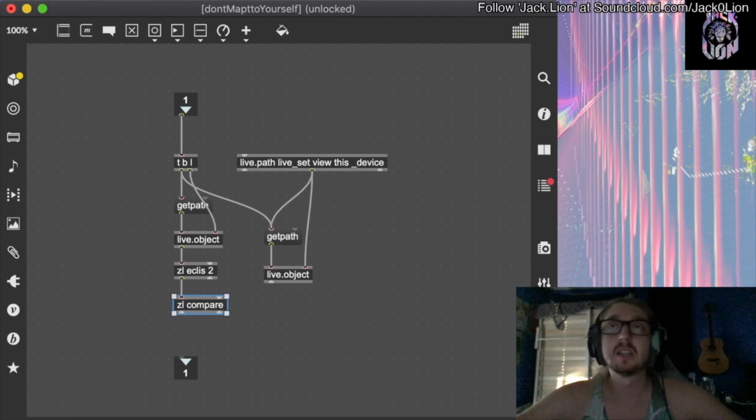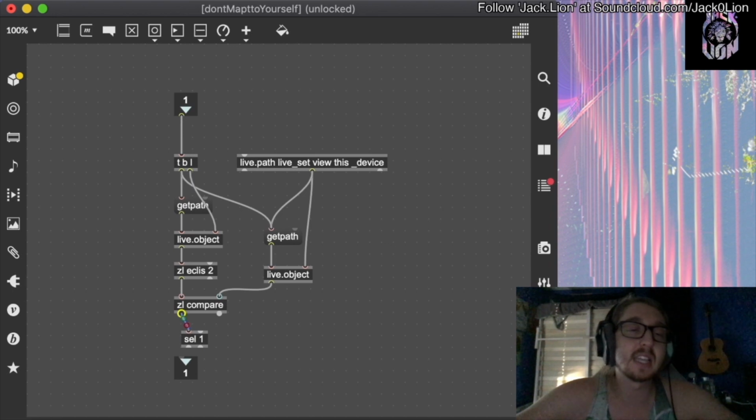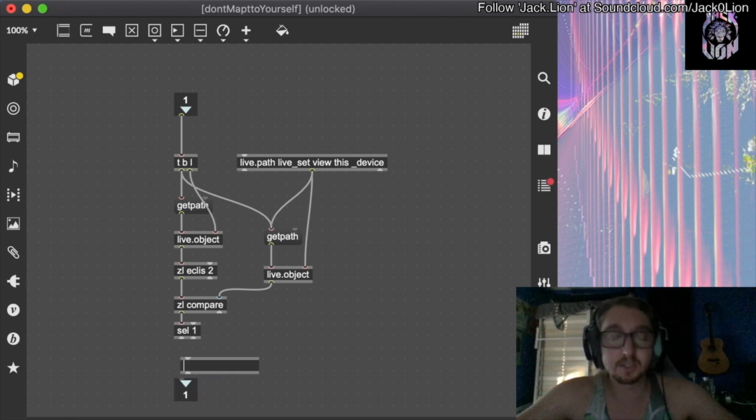Connect those. Alright, now your live.path, or sorry, your live object on the right will go into the second inlet of the ZL compare. And below the ZL compare, you can type cell 1 or select 1, and then connect those two. Alright, now the last three objects should be T0,